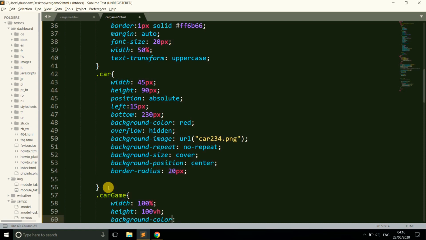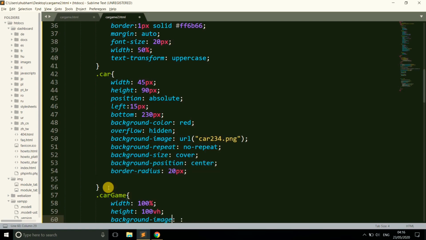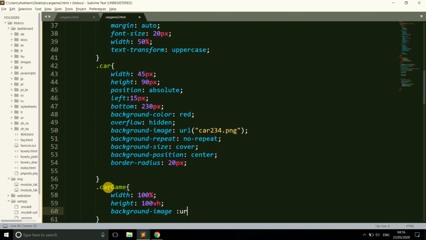And now background color. No, here we do not give a color, here we use a background image. I have an image in JPEG format, which is the car bb2.jpeg.